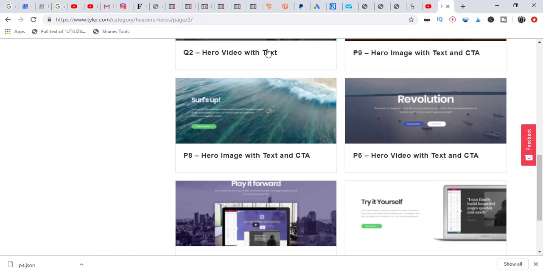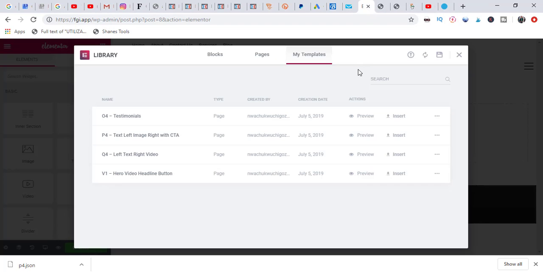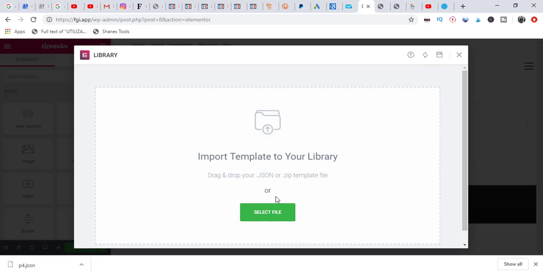So after downloading these templates, any one of your choice that you like, I'm just going to come back to my Elementor. Okay, then my templates, I click insert. You can see I already inserted these ones here. So let me just show you how to insert. I go to import templates, select file,